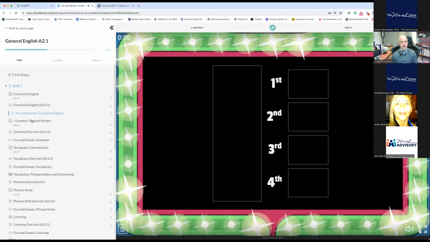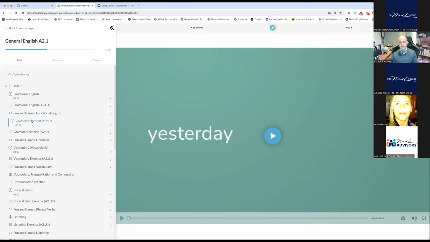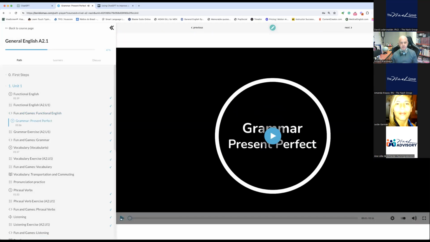But all of these activities help you develop the components of the language, les ayudan a ustedes a desarrollar los componentes del lenguaje. Vocabulary, vocabulario, grammar, gramática, pronunciation, pronunciación, and spelling, y ortografía. Those are the 4 components.